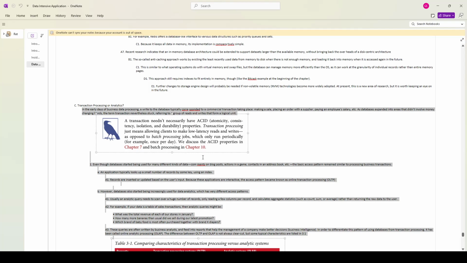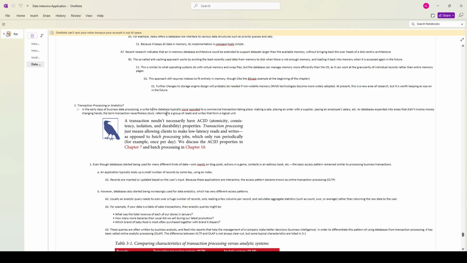Transaction processing or analytics. In the early days of business data processing, a write to the database typically corresponded to a commercial transaction taking place: making a sale, placing an order with a supplier, paying an employee's salary, etc. As databases expanded into areas that didn't involve money changing hands, the term transaction nevertheless stuck, referring to a group of reads and writes that form a logical unit. So a transaction is actually a group of reads and writes that